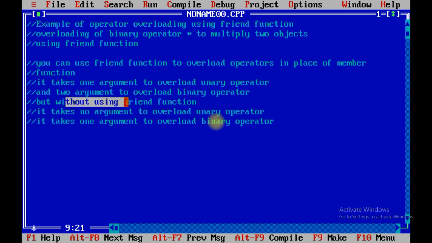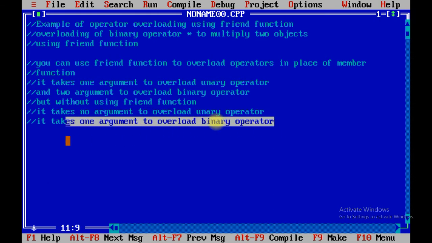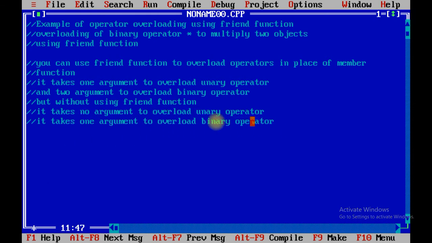But when you do not use a friend function, it has no argument in the unary operator, and similarly it contains one argument in the binary operator.